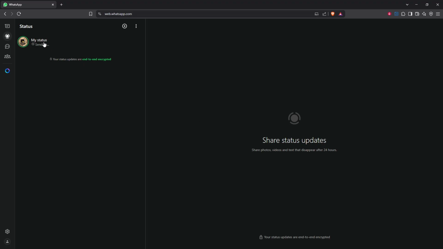So that's how you add a status on WhatsApp Web using your PC. It's a simple yet powerful way to stay connected and share moments from your life without needing to switch to your